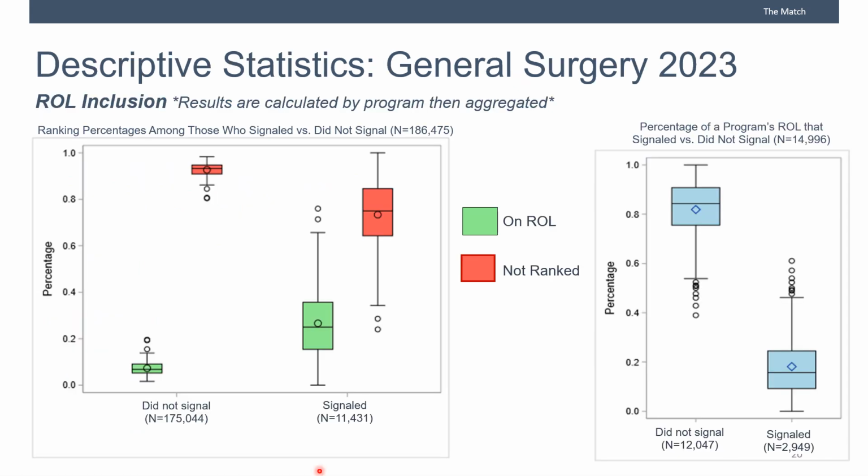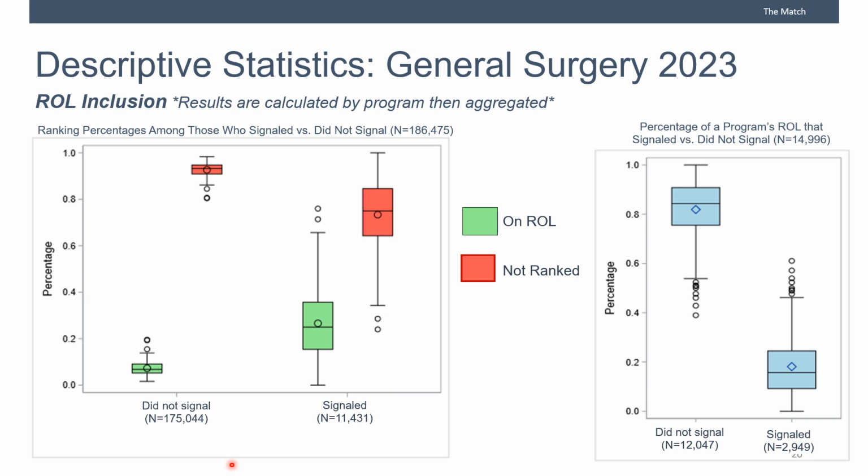So now I want to go over our descriptive statistics for the raw inclusion. Before getting into it, I just wanted to let you know that across all descriptive slides, utilizing these box plots that you will see, the percentages are calculated at the program year level, and then the results are aggregated into these box plots. So focusing on box plot 1 here, which is the percentage on the raw or not on the raw that signaled versus did not signal,